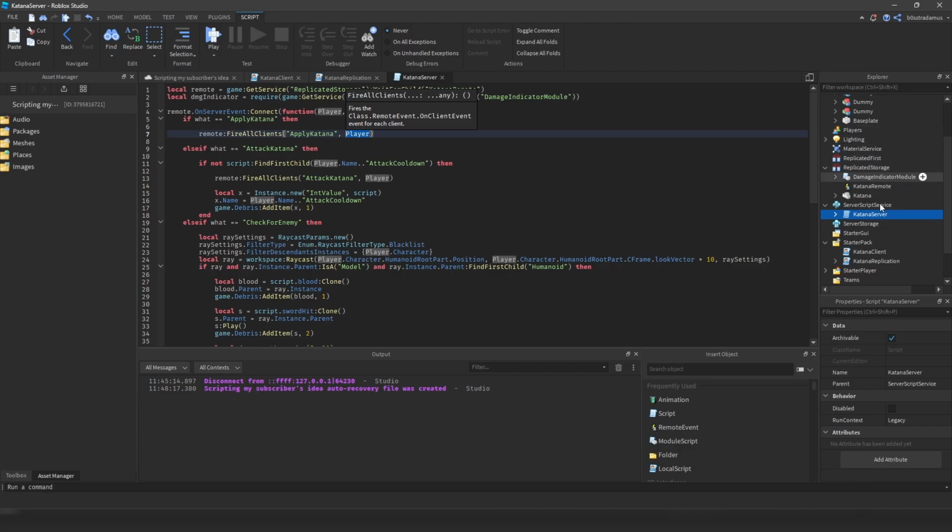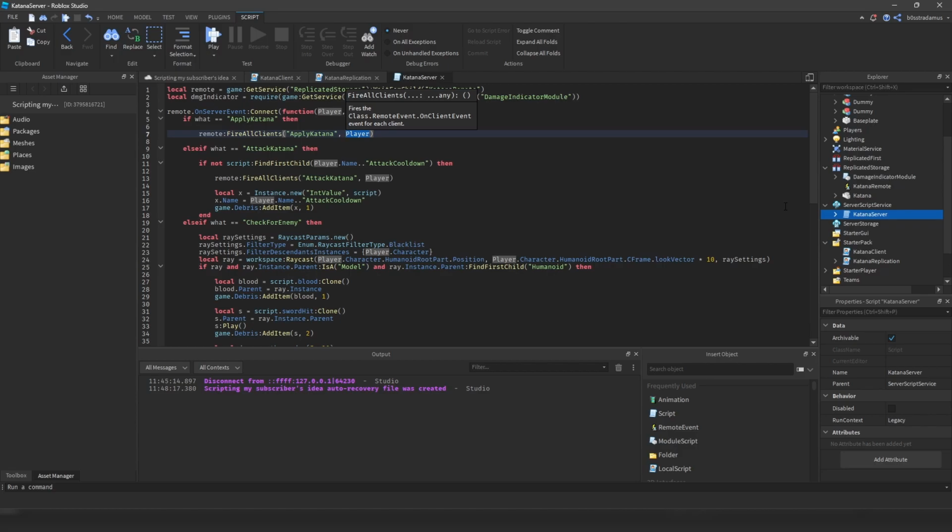Okay, so if you haven't seen my video on client replication, or if you don't know anything about it, let me just briefly explain the idea to you. Since we have filtering enabled, the client is separated from the server, so everything you do on the client isn't necessarily happening on the server, unless you use remote events and then make things happen on the server. Now the problem is, when you do stuff like effects, attacks, whatsoever on the server, you're basically draining the server's performance. To outsource this, you could basically just fire server to the server and then tell the server to fire to all clients, means to all players, and then to make the same attack happen on each player